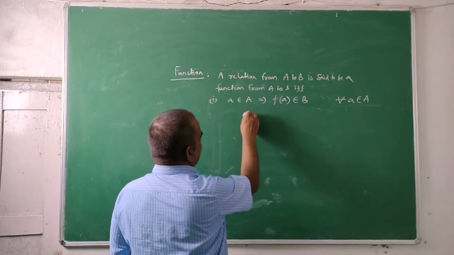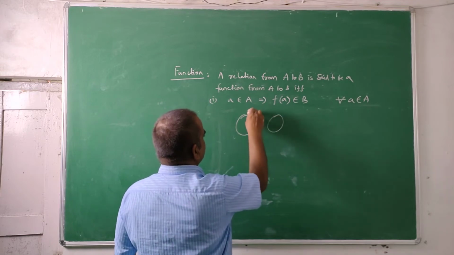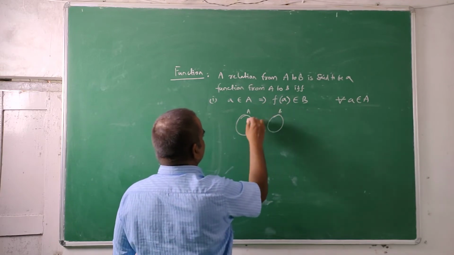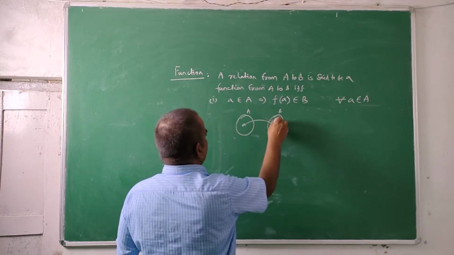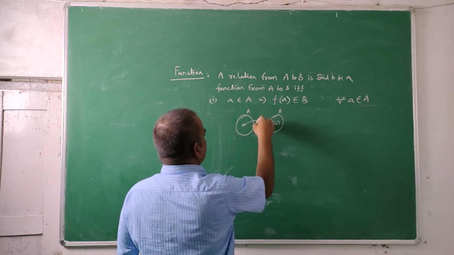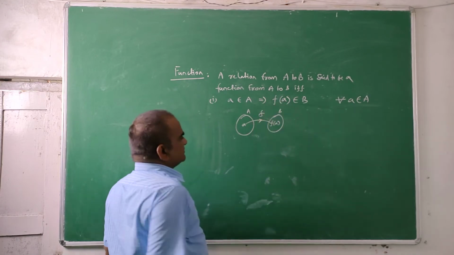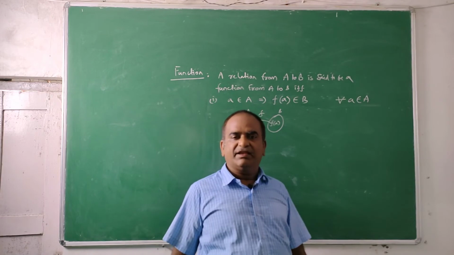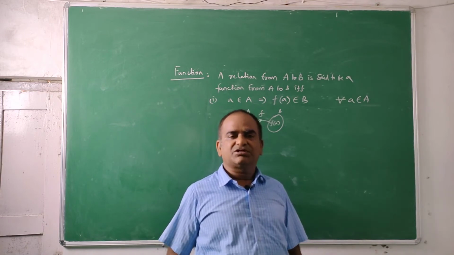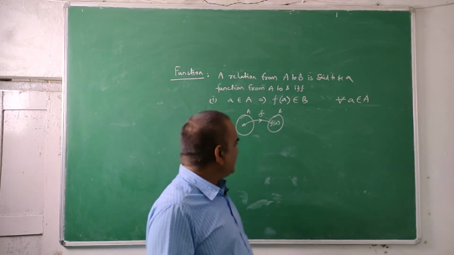See the diagram, if you see the diagram, it will come like this. Whenever there is A, there should be an image f of A in B under F. This should happen. Every student should see this. Secondly,